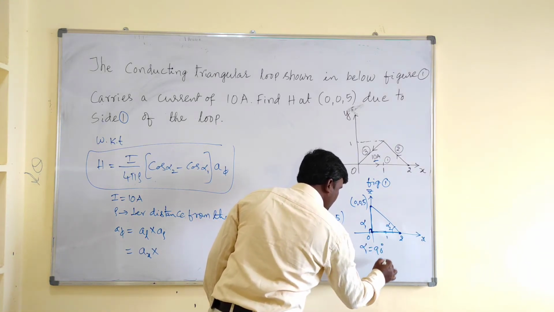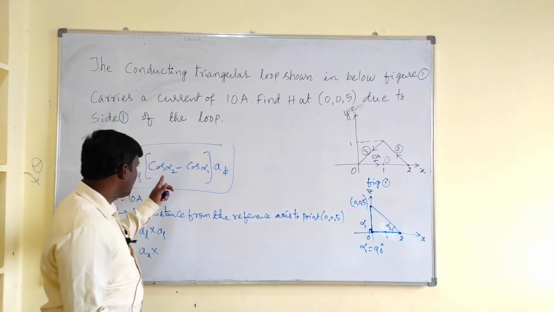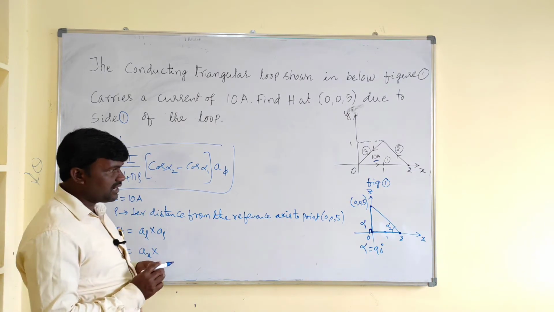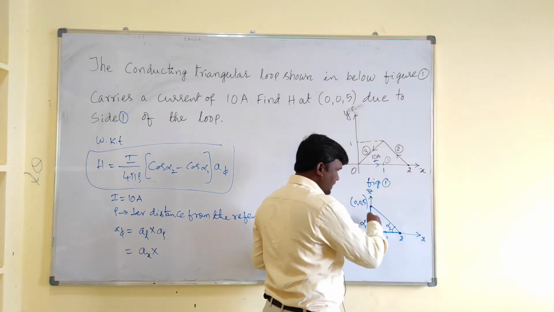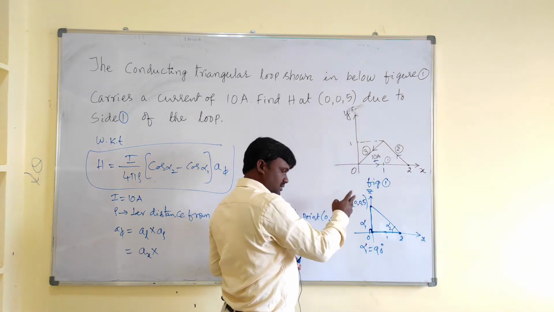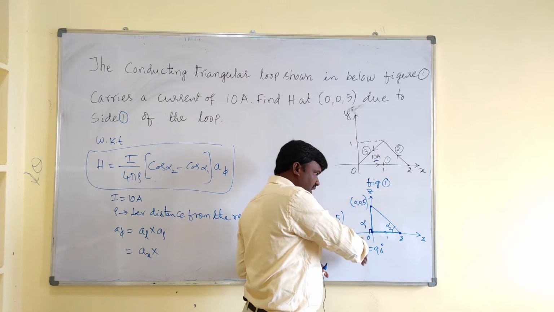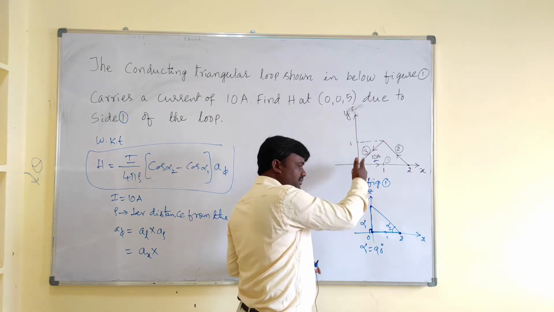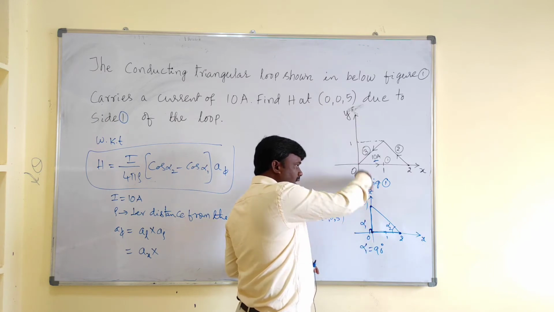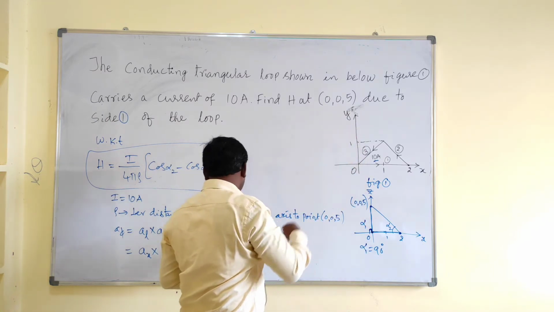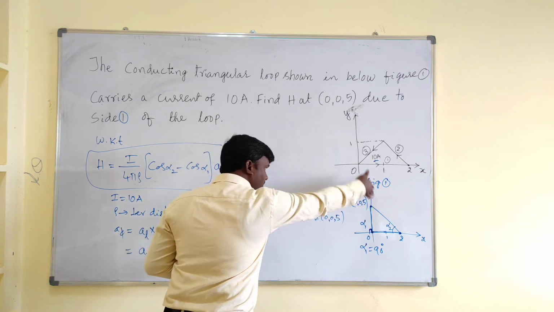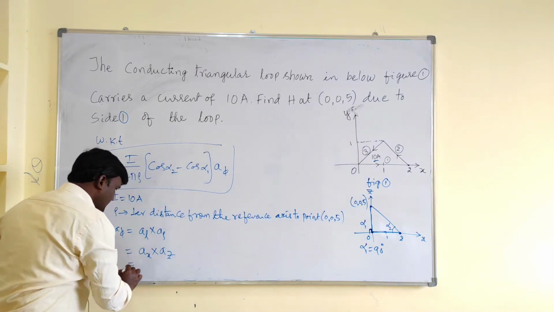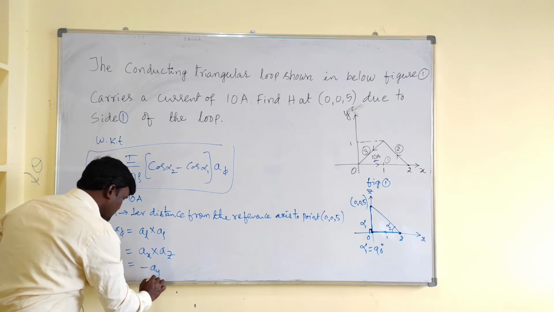Now from this we can find alpha 1 as 90 degrees. And we require cos alpha 2 minus cos alpha 1. ax cross a rho: it is not a distance, it is a unit vector from the reference axis to the point of interest, where the point of interest is placed along the z axis. So the unit vector is az. So ax cross az gives minus ay. It is our a phi.